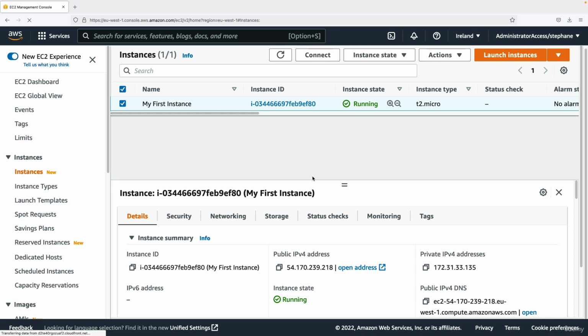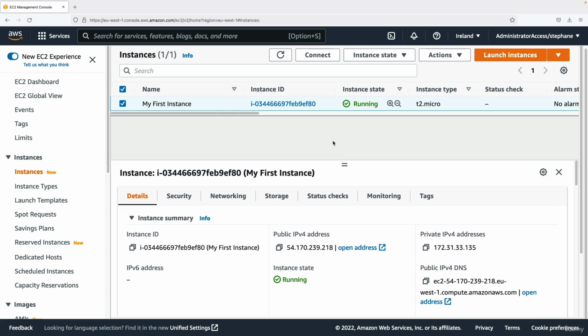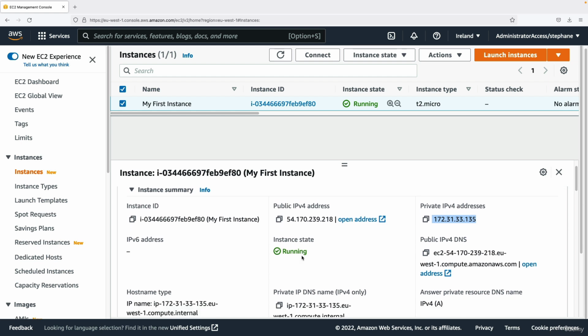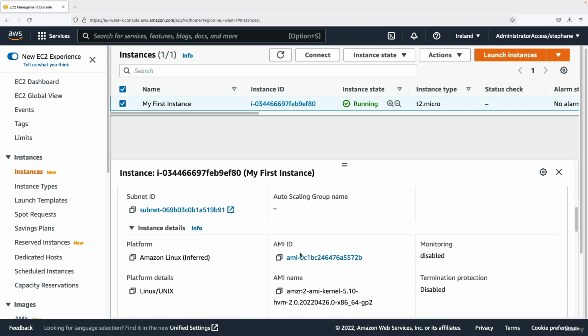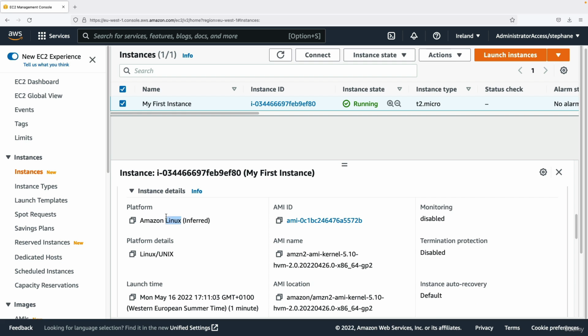So as you can see now, my instance is running, and right now I want to show you a few things, okay? The first one is that the instance name is my first instance, and there's an instance ID, which is just a unique identifier for my instance. There is a public IPv4 address. This is what we're going to use to access our EC2 instance. There is also a private IPv4 address, which is how to access that instance internally on the AWS network, which is private. The instance is running, and we get some information around host name, private DNS, which instance type we have, so a T2 Micro, as well as, if you scroll down, the AMI we're using, which is Amazon Linux 2,